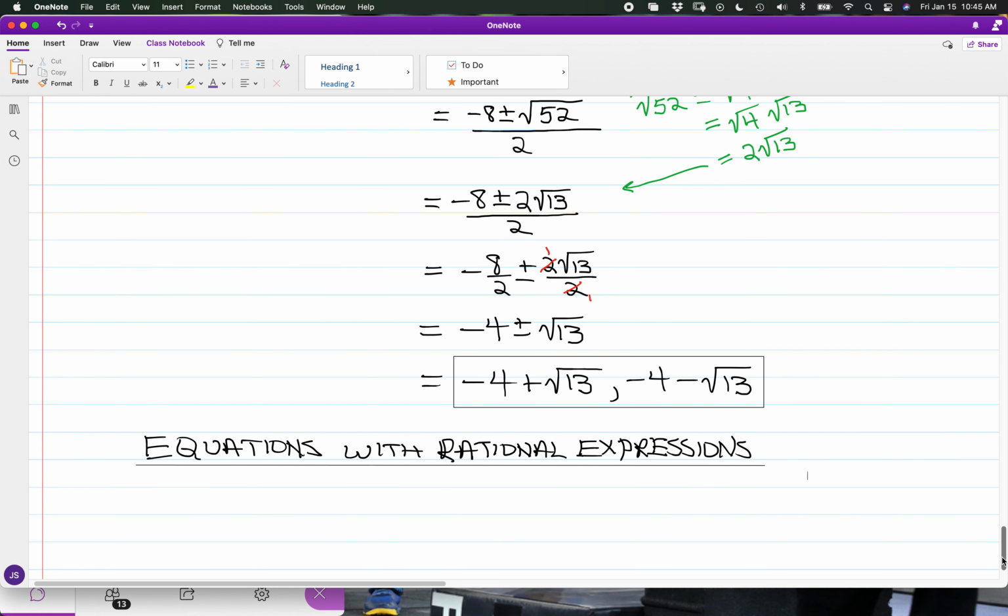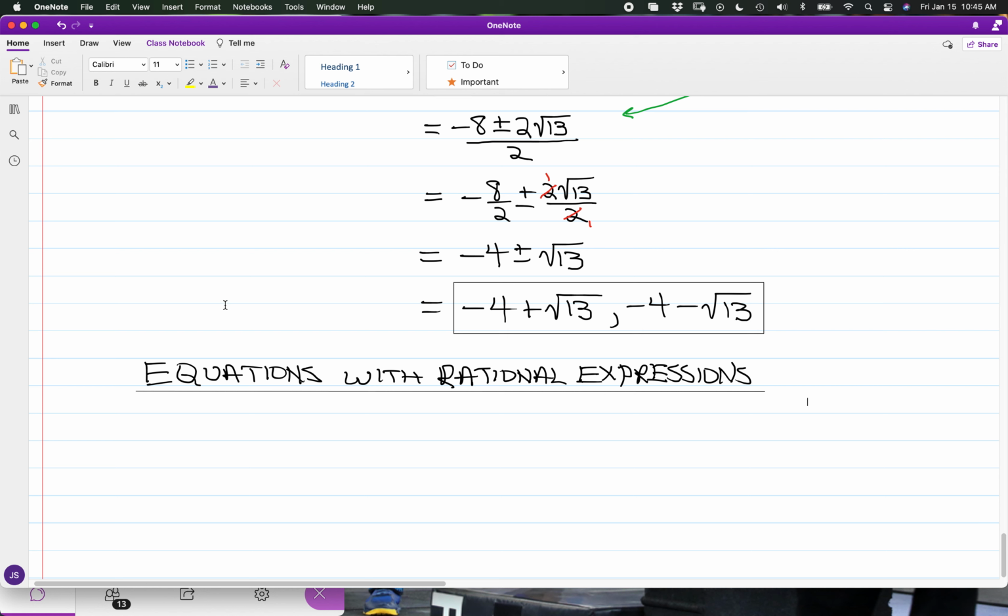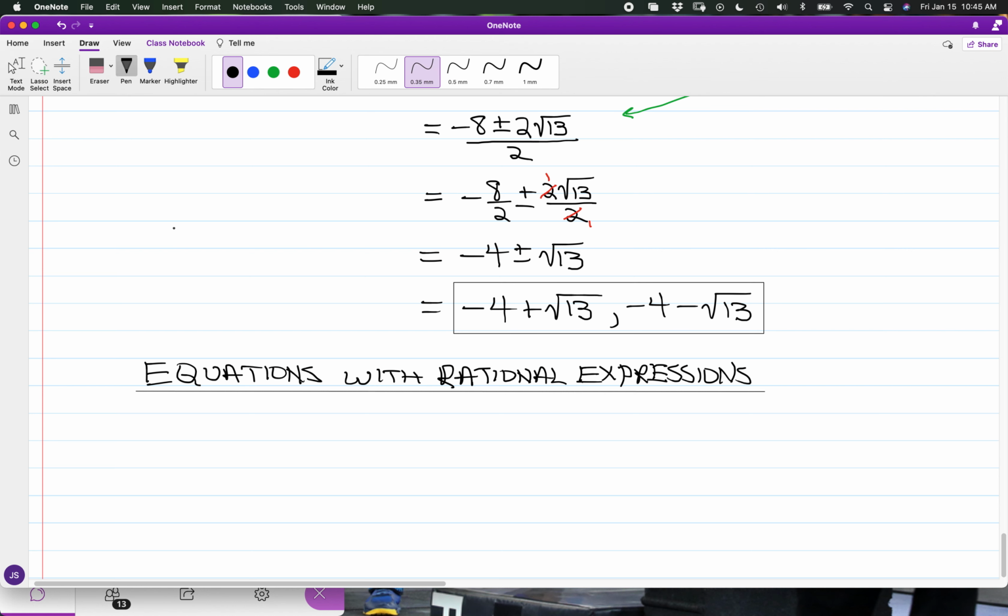Say we're solving for x, and for our first case we're going to have a quadratic equation, and this one is actually pulled out from number 60